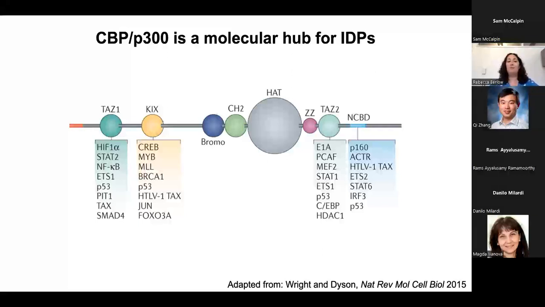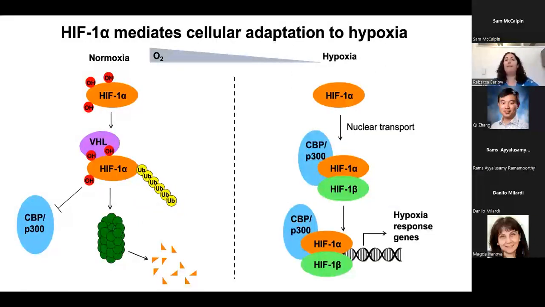And so just to introduce the biology behind the work that I'll be speaking about today, we're really focused on understanding how the cell adapts to changes in oxygen availability. And so this is a really well-described process. The details on the slide were actually the subject of the 2019 Nobel Prize in Physiology or Medicine, awarded to Bill Kaelin, PJ Ratcliffe, and Greg Semenza. But really the process here that we're interested in is understanding how this transcription factor, HIF1 alpha, is able to interact with CBP and P300 to activate transcription of critical adaptive genes.